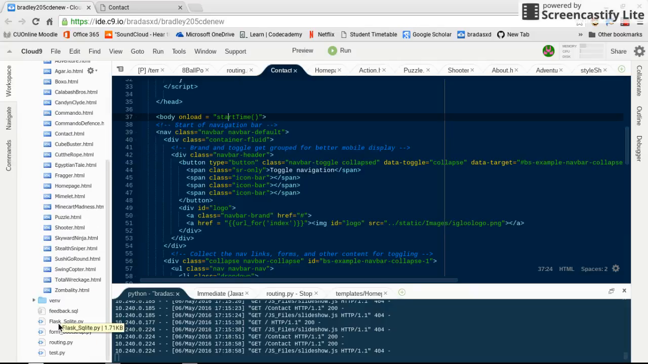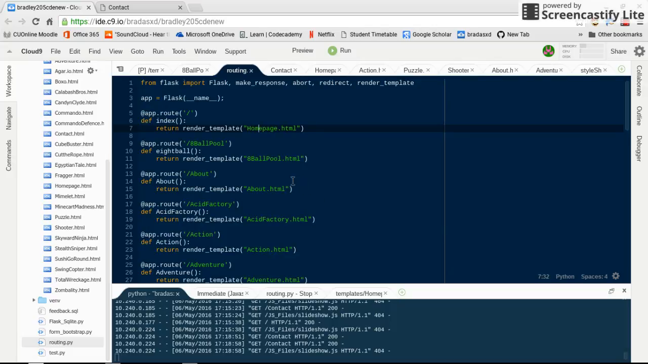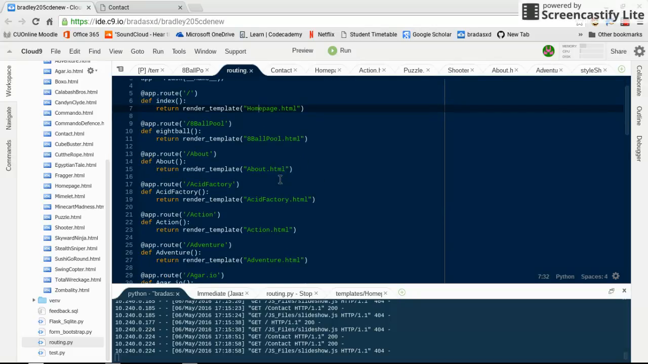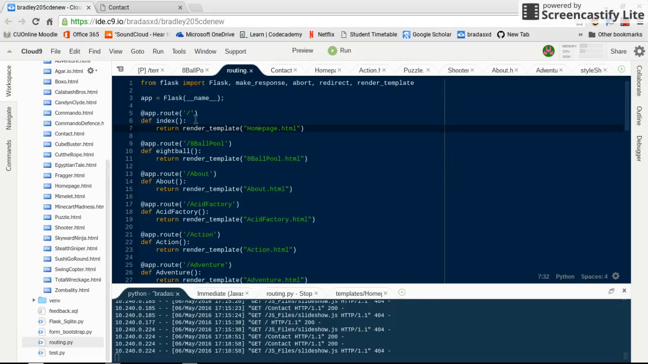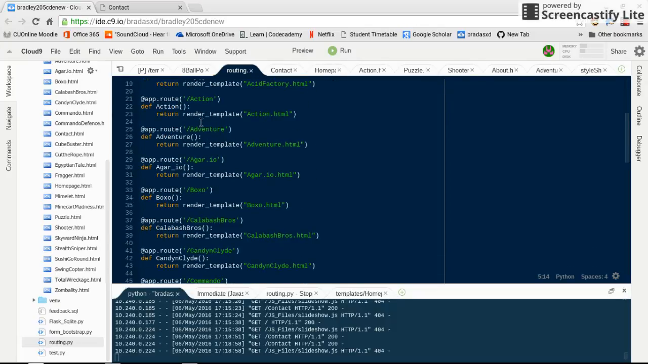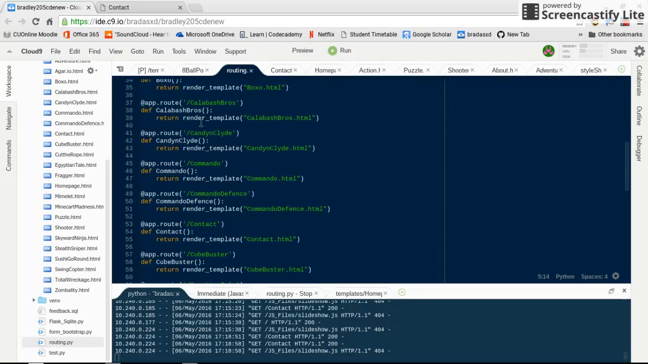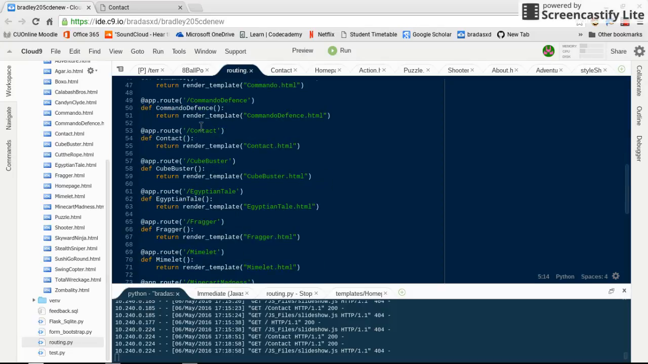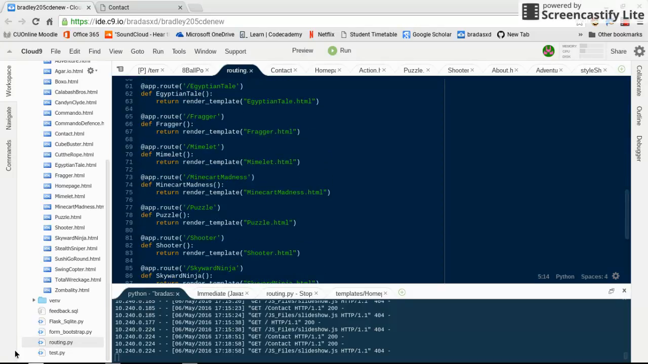As it comes to the backend, there is the routing. I used routing to connect the website to Flask. The main homepage uses the forward slash to indicate an index page, and all the other pages use the same name that they have. I then linked Flask,